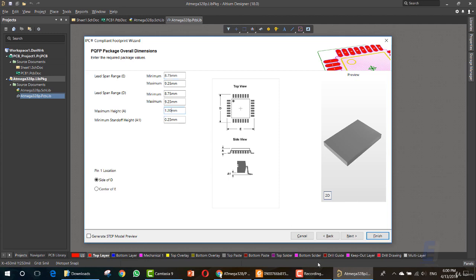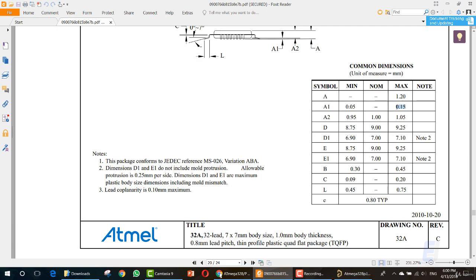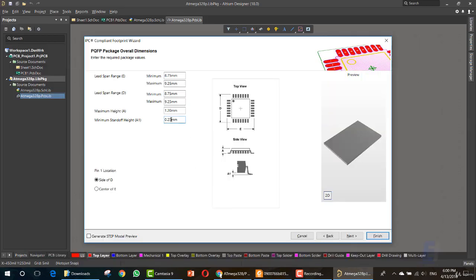Okay, and now we want the A1. We can simply copy it from here and paste it here. Okay,